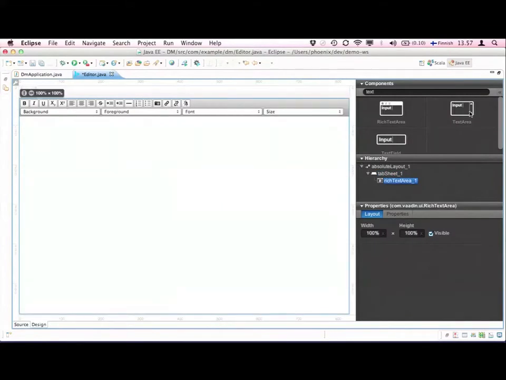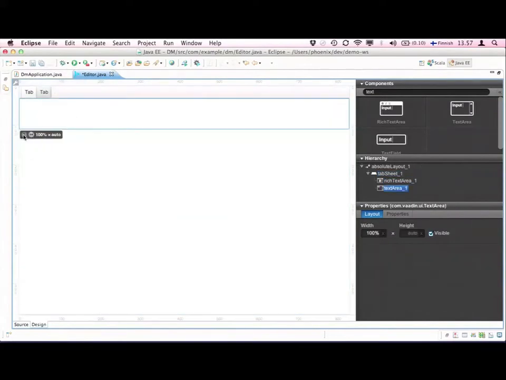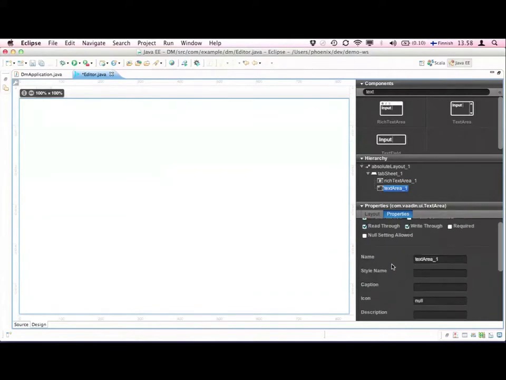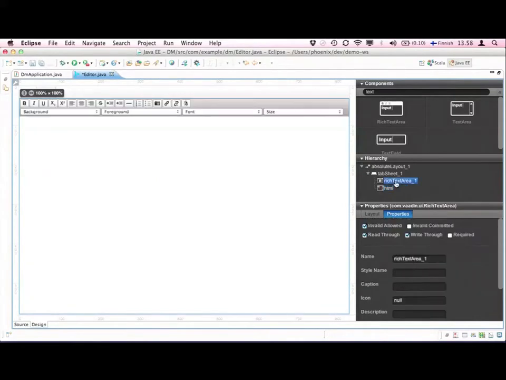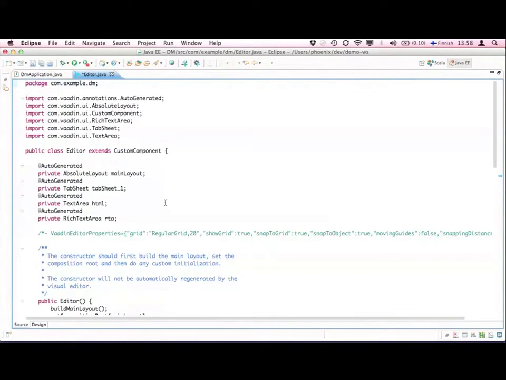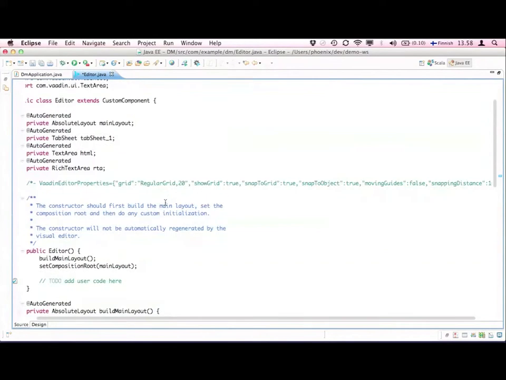And then we also had this text area for editing the HTML. Let's drag that one also here. And let's make this also occupy the whole screen. And then we could just edit some properties. Let's say this is HTML and the name of the property is, no, HTML. And this one should be RTA. And maybe like document. And while we were editing this visually, we actually were editing the Java source code at the same time. And we can actually edit this Java source code and go back and forth between the visual editor and the Java source code version. But this is actually already done, so we'll just edit the